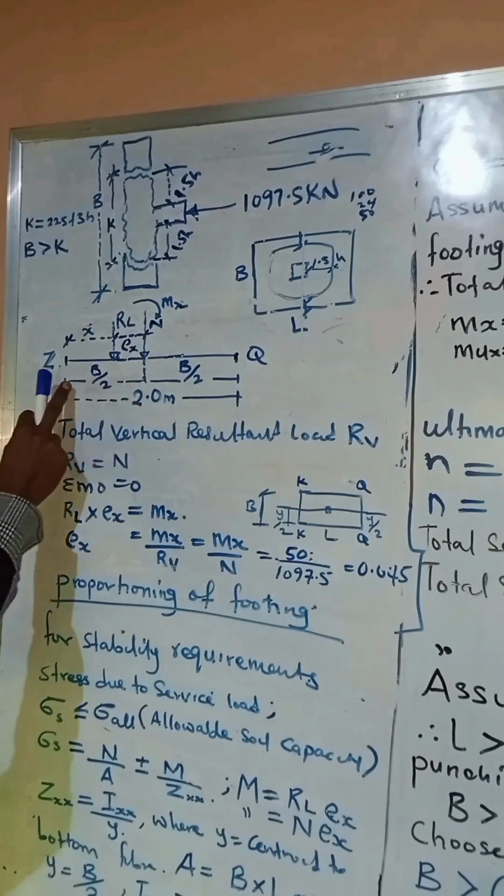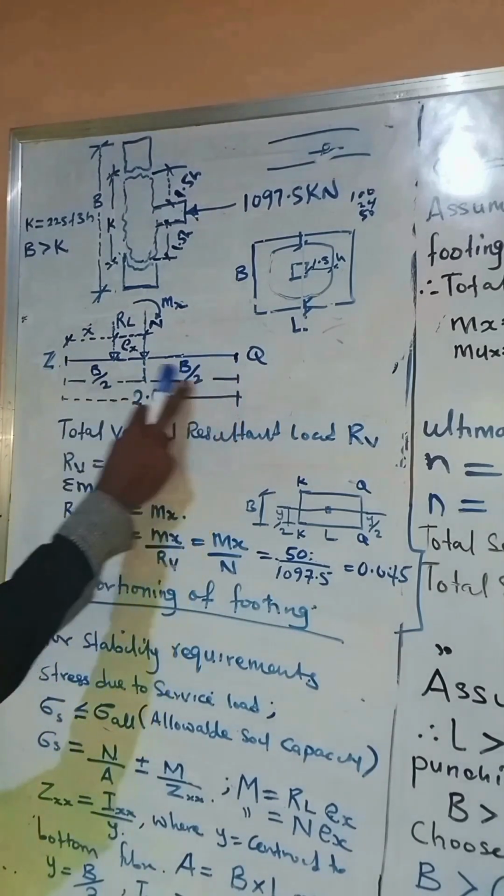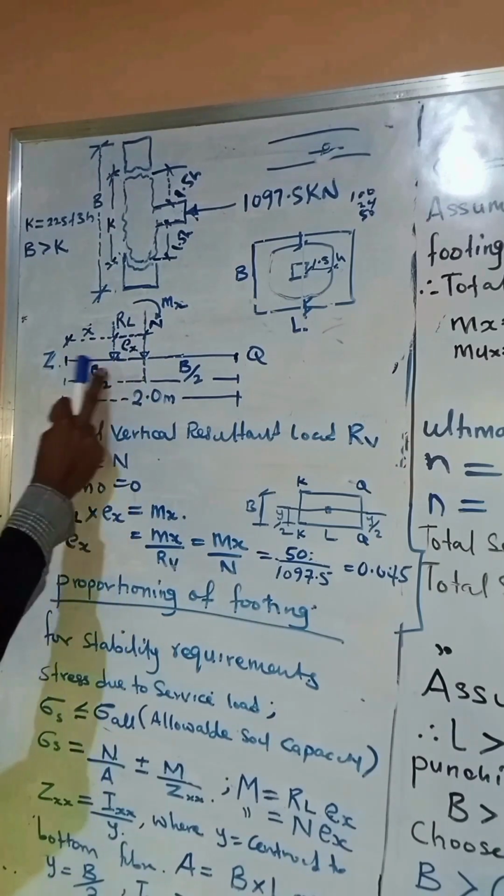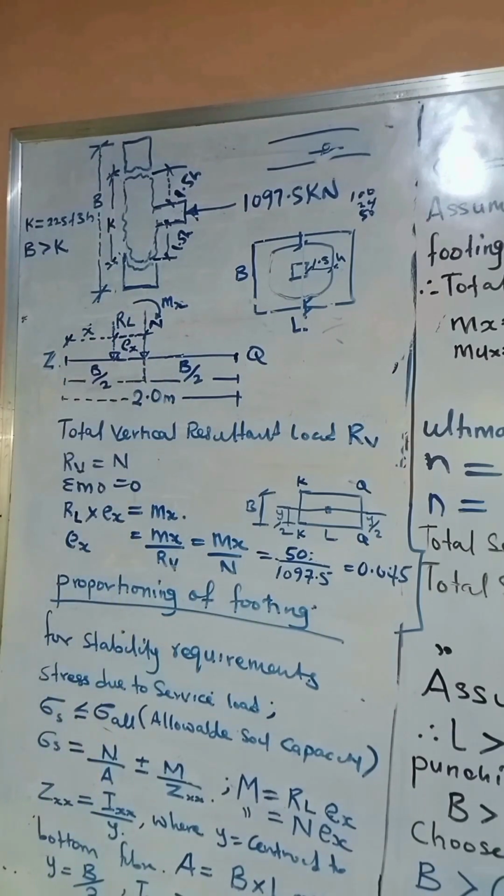And we have the breadth of the footing, which is the total breadth, B. So from the center of the footing, we'll have B over 2, B over 2. Now, remember, we've already chosen the footing to be 2 meters, so let's leave the numerical value first. Now, we'll say the total vertical resultant load, let's call it RL. All right? And we said that that total vertical load is the same thing as the total axial load on the column. Now, let's take a summation of moment about the center of the footing so that we can obtain